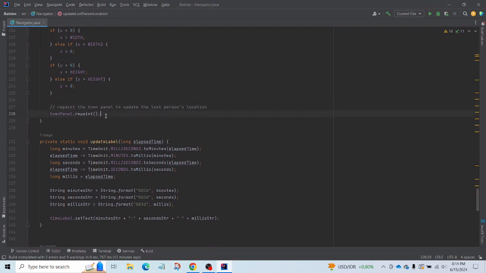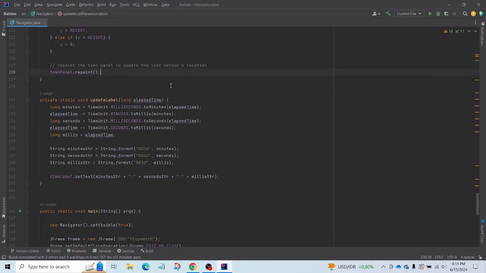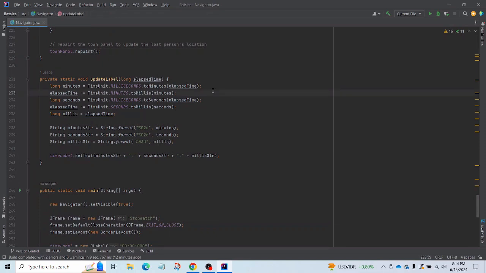And if the character goes out of bounds, if we wish to do this in a loop, we would need to repaint the town panel so that the town panel can return back to normal when it happens. And then we have another private class, which is of course to update the label, which we can use to create